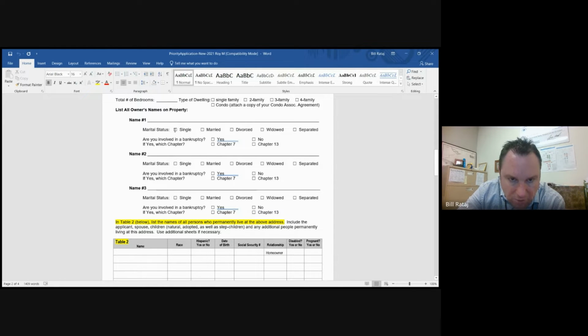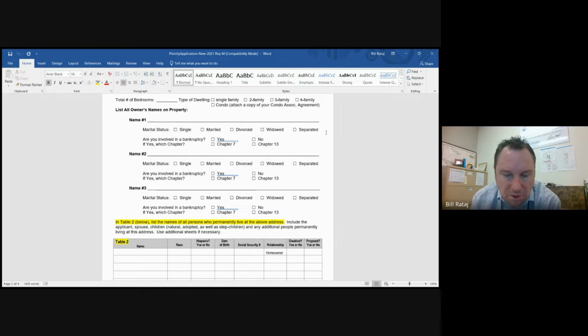So we do have to know the marital status of each owner, whether you're single, married, divorced, widowed, or separated. The reason for that is in the state of Missouri, there are requirements that anybody who has an interest in the property via a marriage also has to sign documents. So if you're married, your spouse will have to sign documents, or maybe you're separated but not divorced, that spouse would still have to sign your documents. And we'll talk a little bit more about that as well, but that's something we have to comply with state